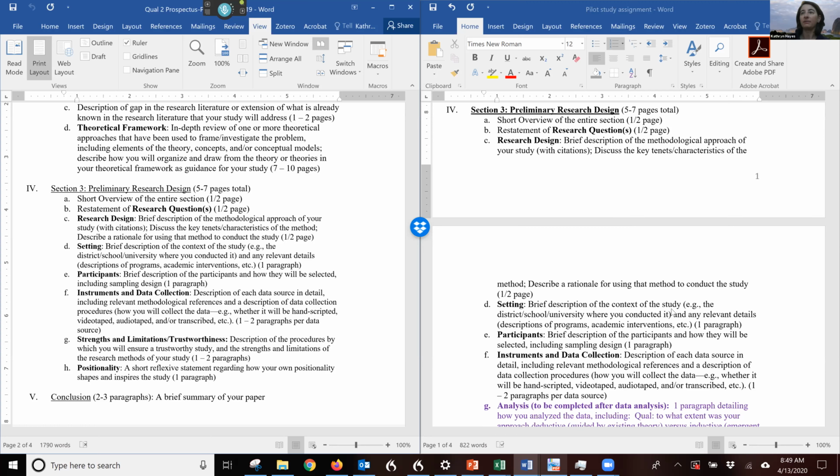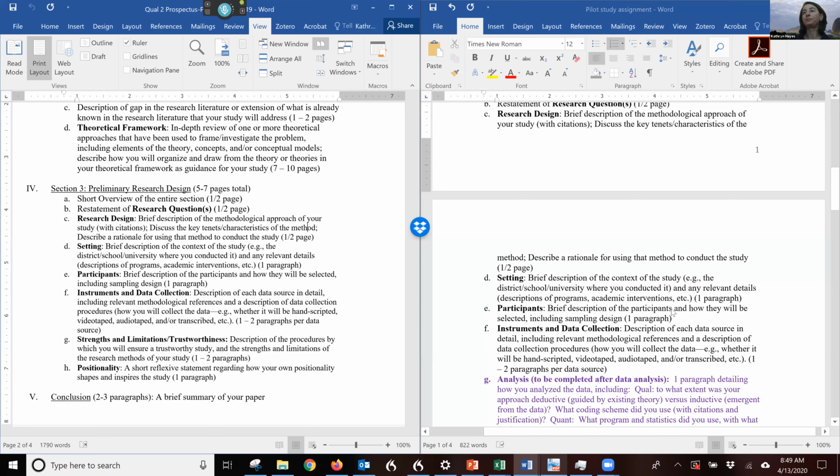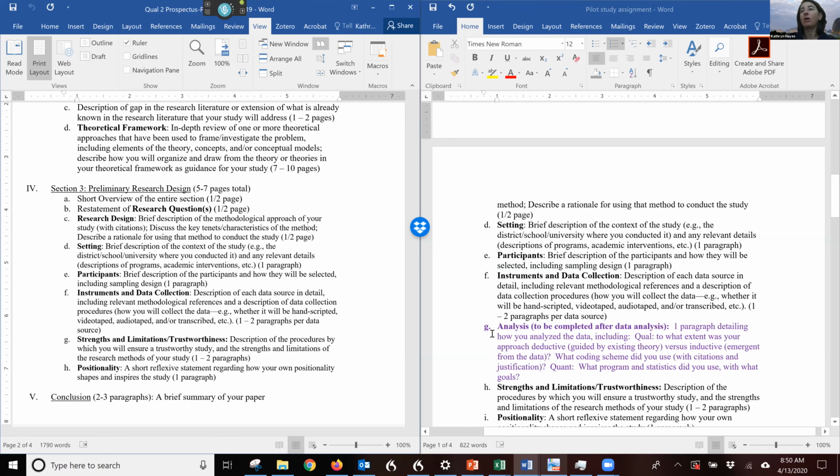And during our face-to-face, we talked about how you would maybe say, well, I was going to do this, but because of coronavirus, this is what I ended up doing. And you're going to, of course, write up your paragraph on how you analyze the data. And this is also described in one of the videos, as is putting your methods in past tense.